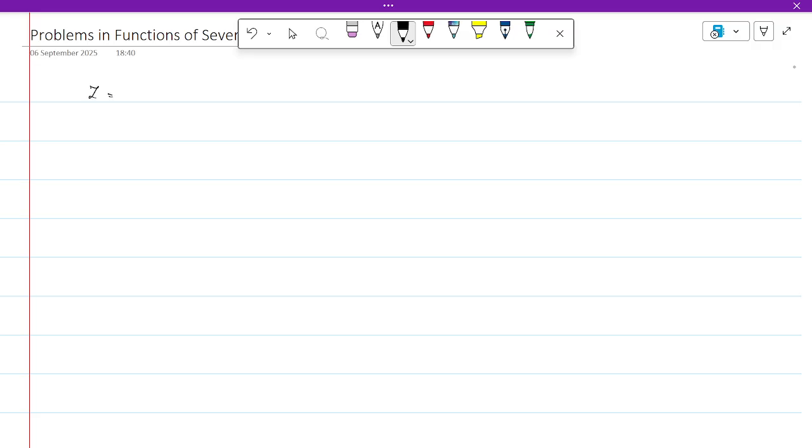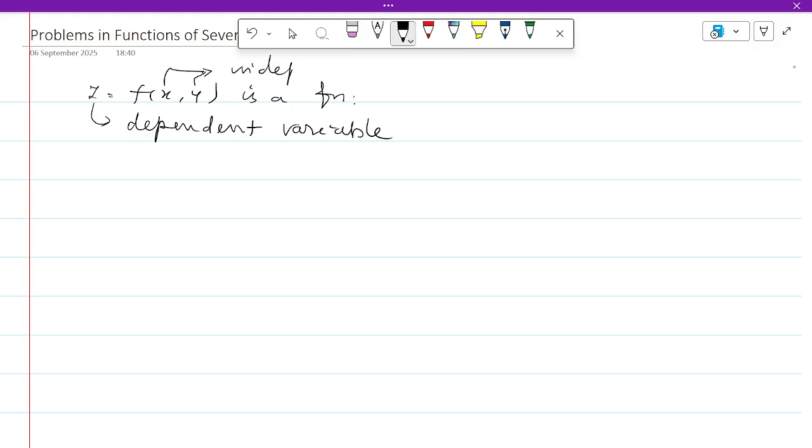When z equal to f of x comma y is a function where z is the dependent variable, this x and y are the independent variables. So when the function is having more than one independent variable, it is called a function of several variables. At the time we can find that